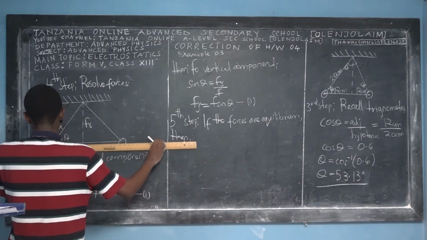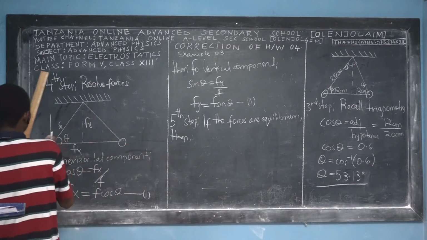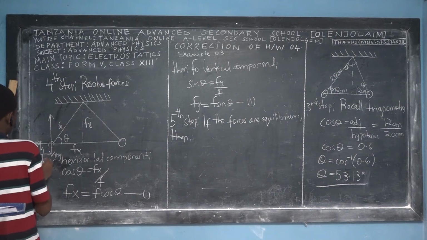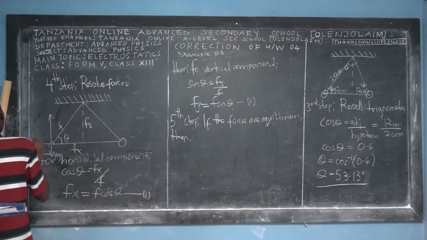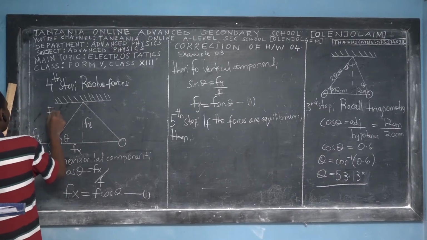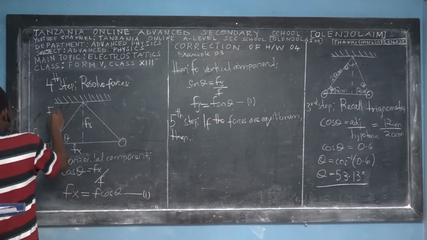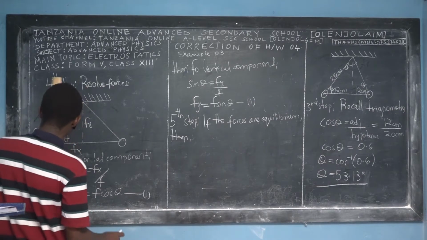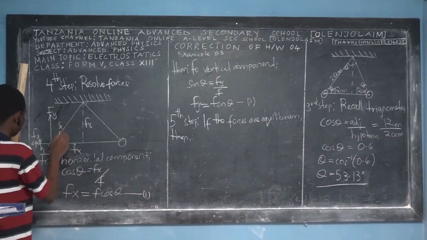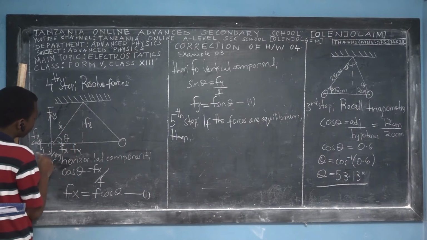Also, this one is the force on charge 1, and here it is the electrostatic force or the vertical component, and this one is the horizontal component, which is